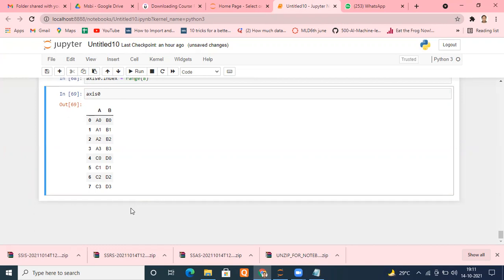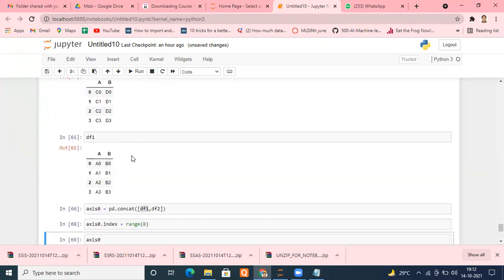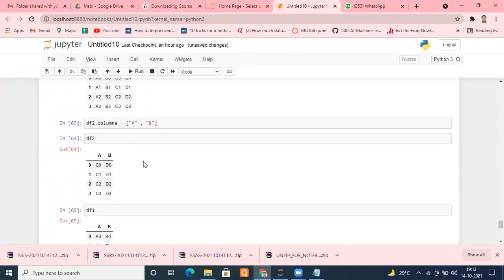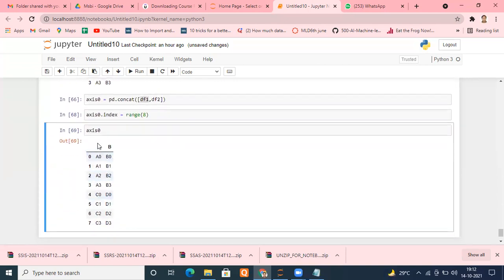We can do anything we want in pandas. We can just explore. And the best thing about learning pandas is to experiment. Let me try this. Is it possible? Let me try this. This is the only way to learn. So understand, if column names are different, then your columns will be increased there. If column names are the same, your columns will not be increased there. I hope it is okay with everyone now.